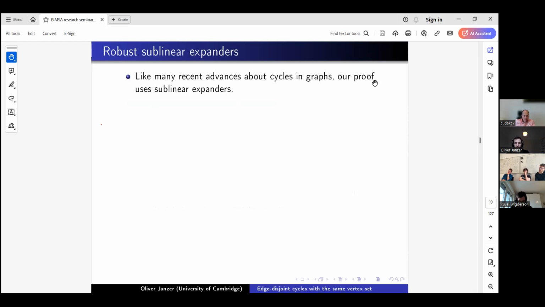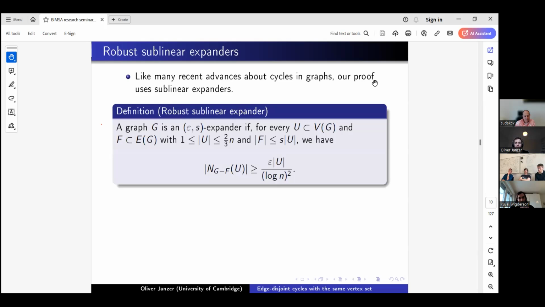Okay, so let me start with the proof. Again, we are going to prove the result first under the assumption that the host graph is a regular expander. So what kind of expander are we talking about here? Of course, there are many different notions of expansion. We'll talk about sublinear expanders here. Like many recent important advances about cycles and graphs, our proof does use sublinear expanders, and we use a notion of robust sublinear expansion. I think in this form, this notion was introduced by Erdős and Montgomery in their paper on the Erdős-Galai problem. We call a graph an epsilon expander if